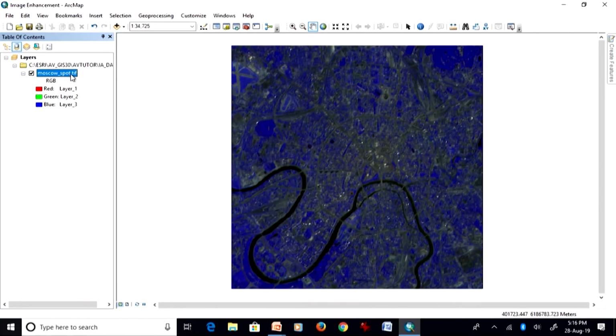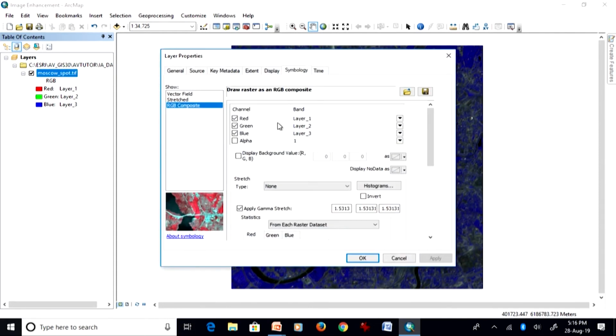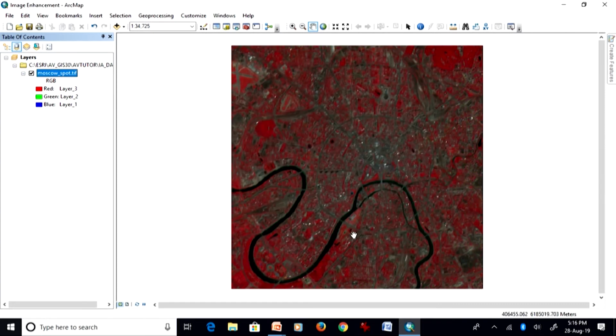In this default one, the blue color has been assigned to the infrared channel, and that is why you are seeing a different scenario here. Let me bring back, this is 3 and this is 1. So now we have come back to the original FCC, and things are now here in that way.